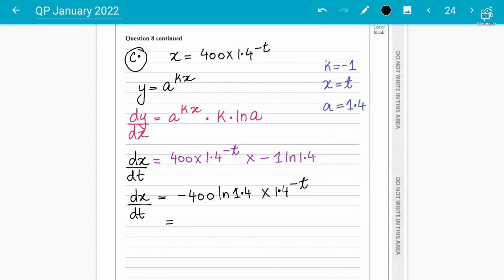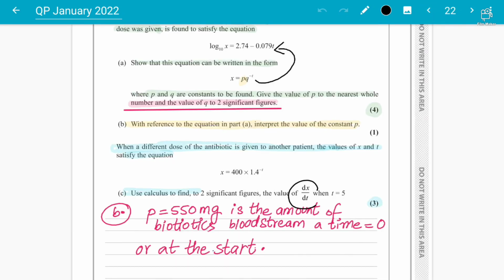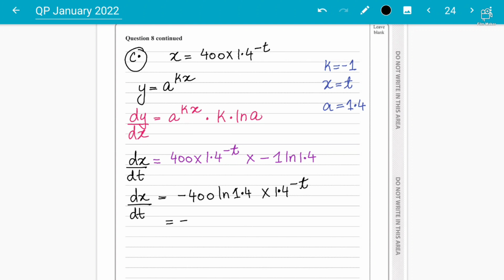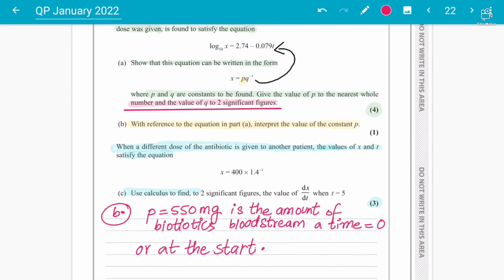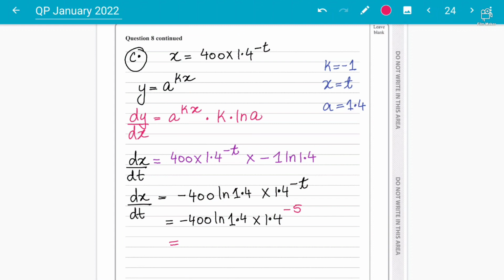So here we go, students. Back to the question, you just have to find the value of dx over dt when t is 5. If you got 2 marks for differentiation, now just plug in the value of t as 5, okay? So here we go. I plug in the value of t as 5. So whatever the answer is going to come, that is going to be our answer, okay? So let's just put it in the calculator. So -400 ln 1.4 and into 1.4 power of -5. So I'm getting the answer as